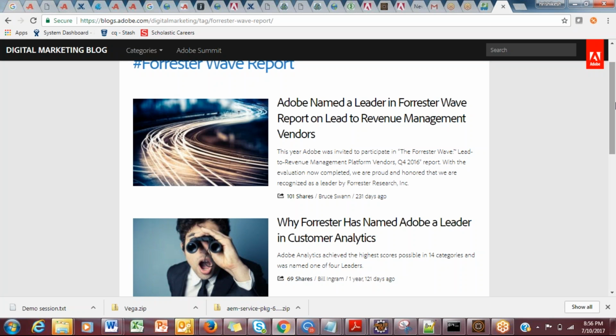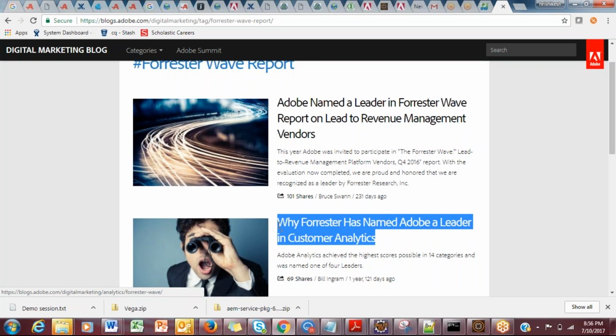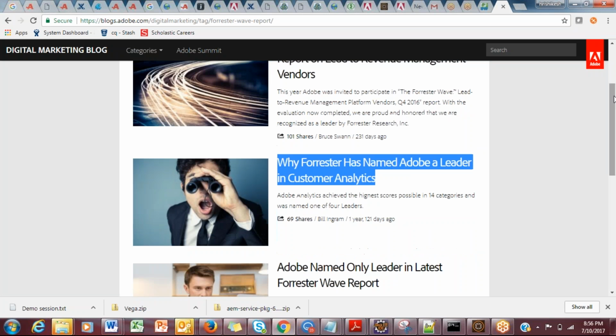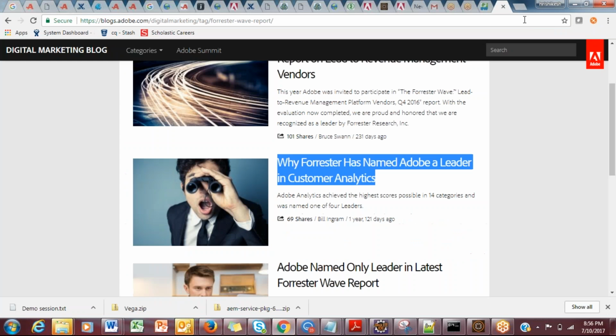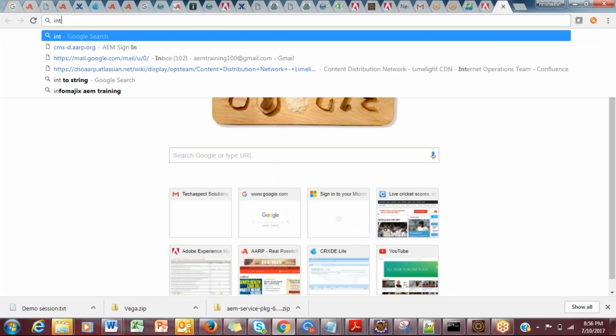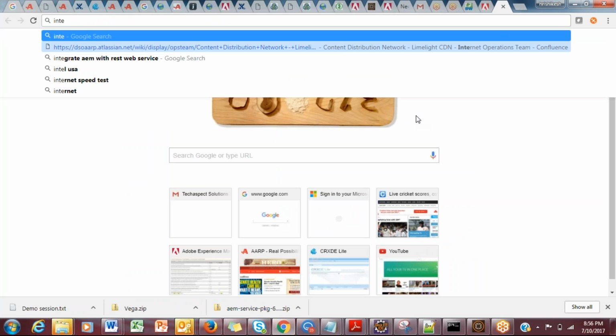You need to get real-time insights and analytics. So you have Adobe Analytics. Some of the other analytics tools in the market include Google Analytics, right? You have Omniture, which is Adobe Analytics. And if you see, Adobe has been named a leader in the analytics space. Now, having said this, what are some of the key points that discriminate AEM from other CMS tools? The first one is, if you look at some large websites built on AEM, let's say I go to intel.com.